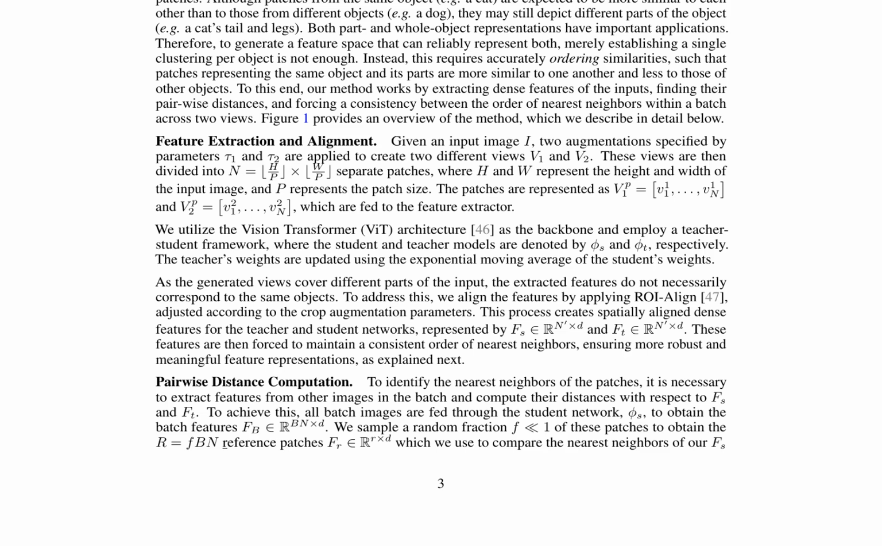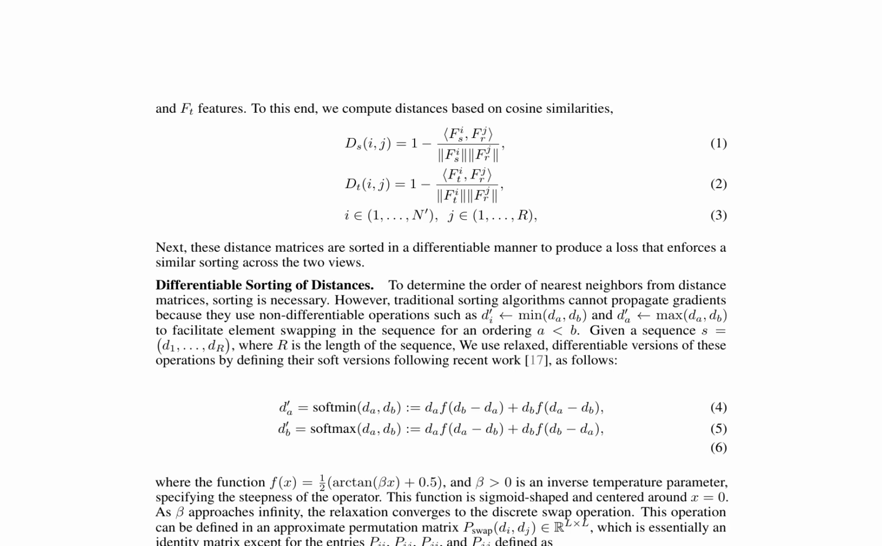The sorting process involves a permutation matrix Q, which represents the probability distribution over possible sequence elements. By forcing similarity on the order of nearest neighbors for each aligned patch feature, the method enforces a consistent order across the two views, resulting in a more robust and meaningful feature representation. This is achieved via cross-entropy loss that computes the similarity between the permutation matrices Qs and Qt for the student